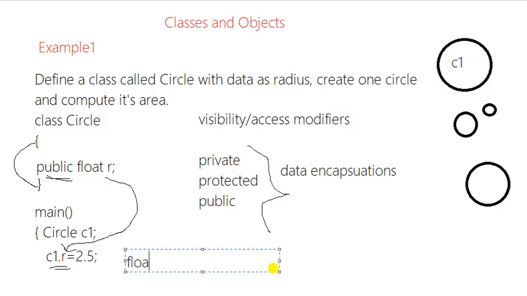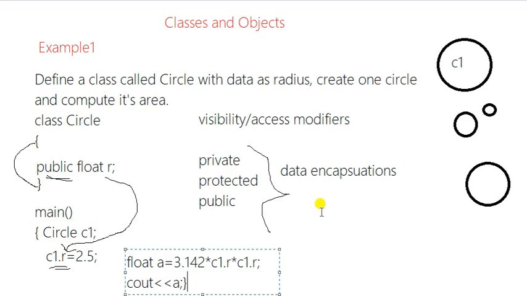Now you can compute area also here. Area: float A is equal to 3.142 into C1's radius. C1's area we are calculating. So C1 dot R, you have to say C1 dot R. Then you will get area. Then you will display it. Say cout area. So this is how you did one simple program of C++, where you defined one class with public data and you created a main function to create the object. So this is what we say object. C1 is an object, and with this object I'll access the state of the class circle, C1.R,